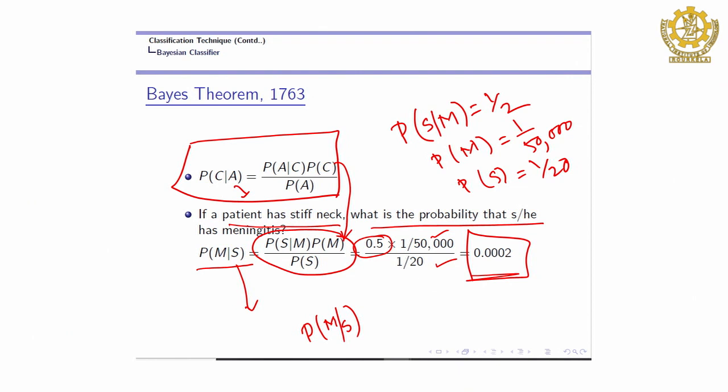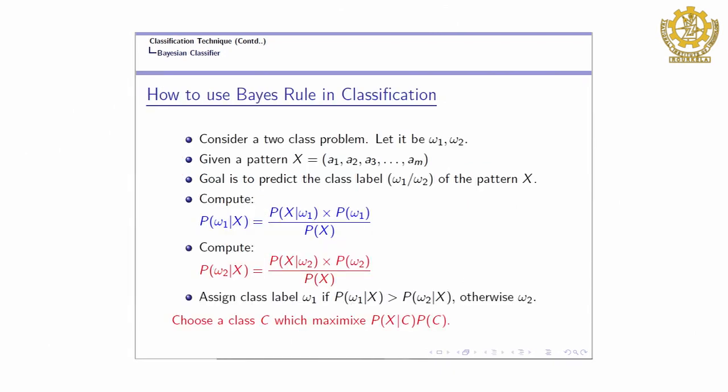Okay. Now, how can we use this Bayesian rule in finding the class level of an unknown object? Consider a very simple problem, a 2 class problem. The class levels are W1, W2. We know the unknown pattern's features, but we do not know the class level; that is the task you have to do. So x is an object, and A1, A2 are the values of those features.